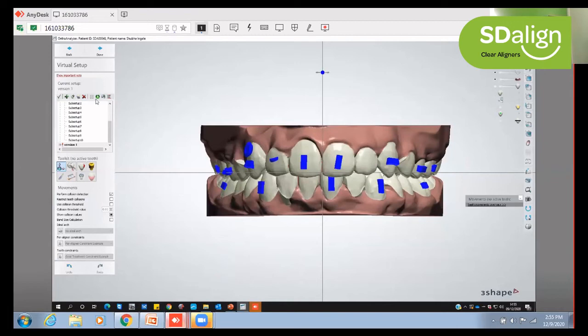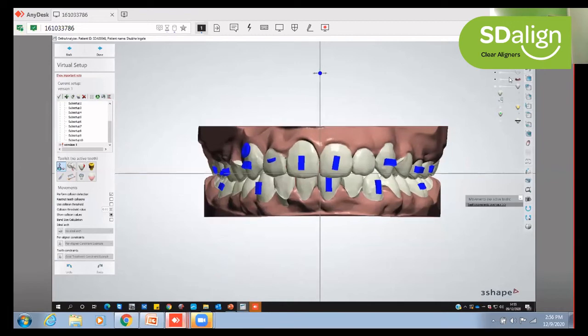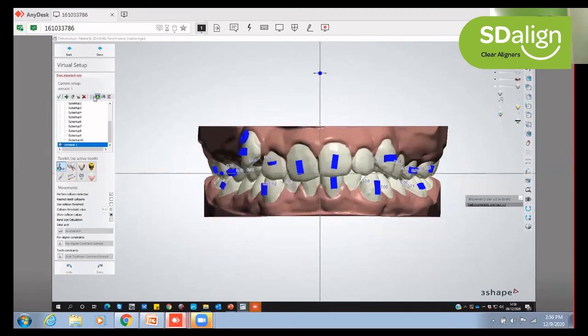So now let's see the whole correction start to finish with the attachments in action. Okay. So this is how the stage one. We discuss the premolar expansion, then will come the anterior correction, and finally will come the canine correction.